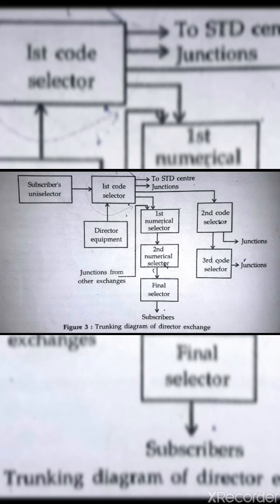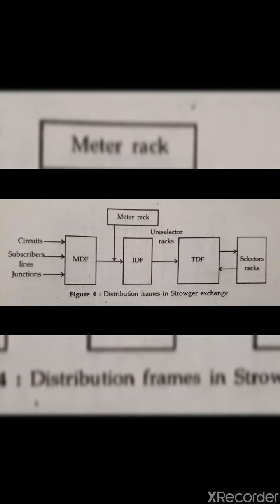Now move to the second topic, that is distribution frame in Strowger exchange. The requirement of new lines will result in growth of traffic and require additional switches. In the exchange, great flexibility is therefore required in the trunking of an exchange by inserting distribution frame into permanent exchange cabling. These frames contain an array of terminal blocks, and the terminals are linked in a less permanent fashion by wires called jumpers.